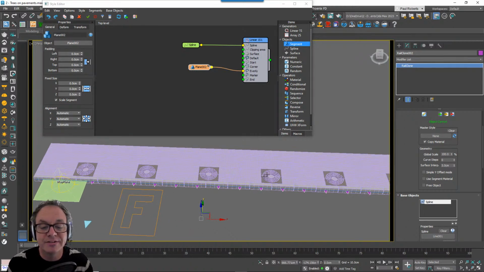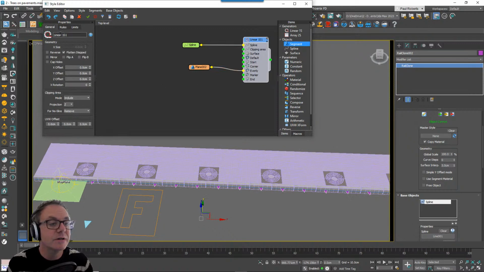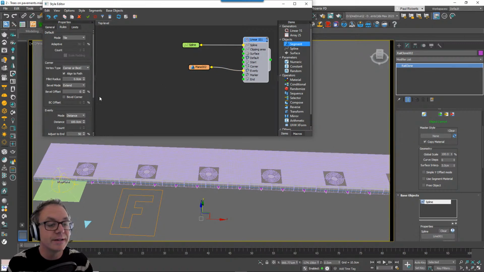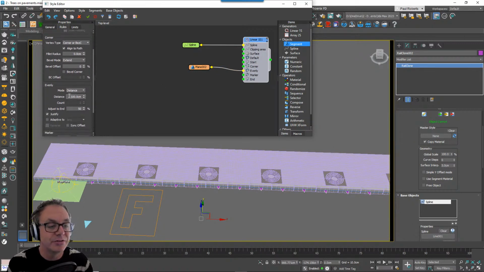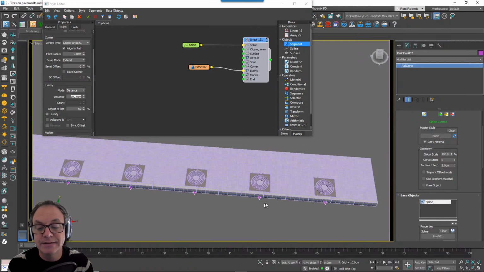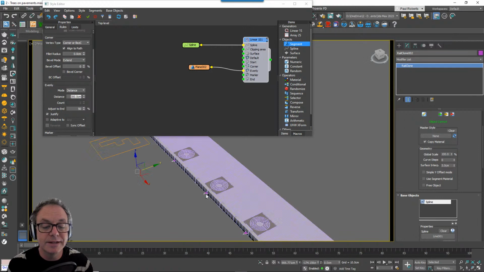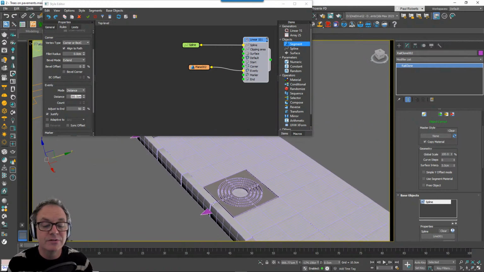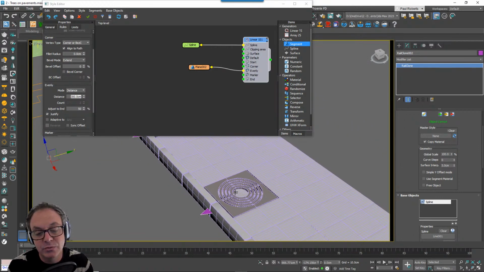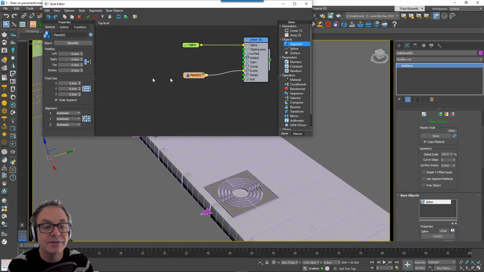Now I want to match the settings. So I'm going to come into the rules, and in the distance setting, remember I said it was 300 centimeters. You could wire these together, of course. 300 centimeters, justify. That seems to be lining up with the basins. So what I want to do now is to put those triangles roughly where you want the trees to be planted, in the middle of those circles there.